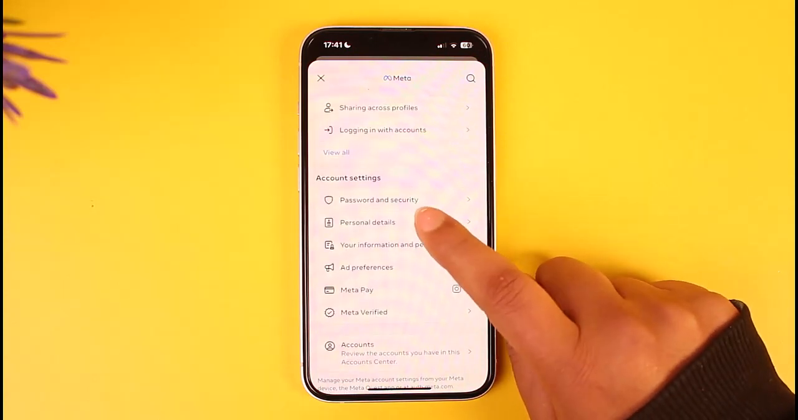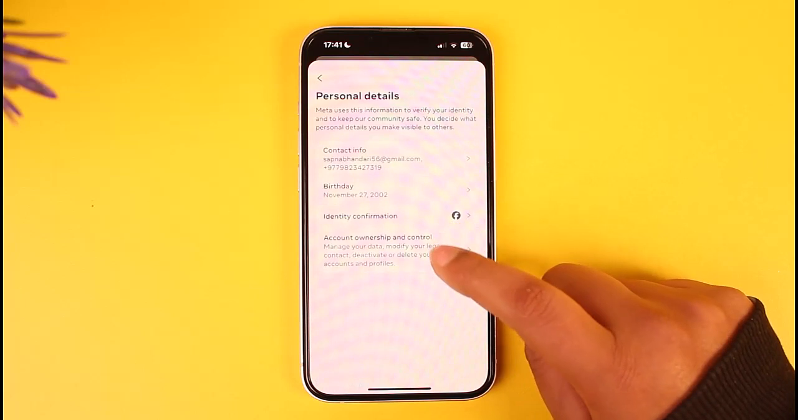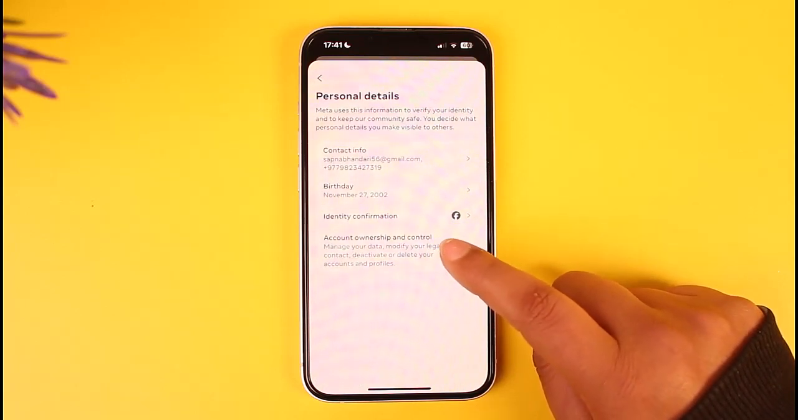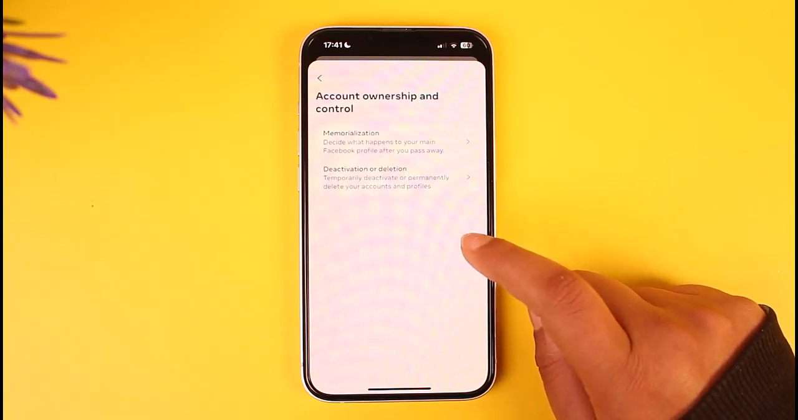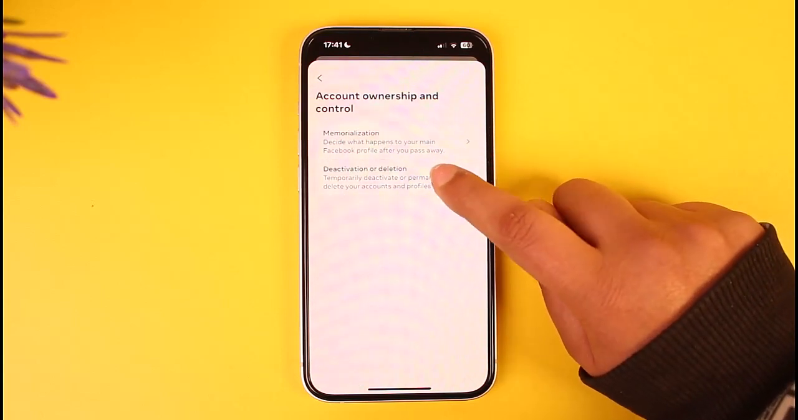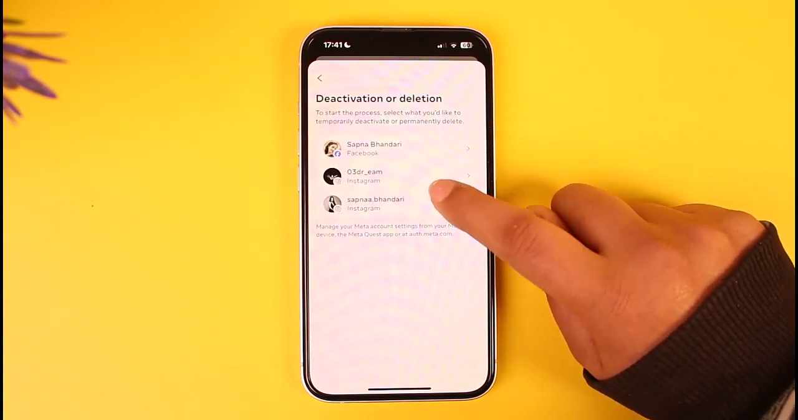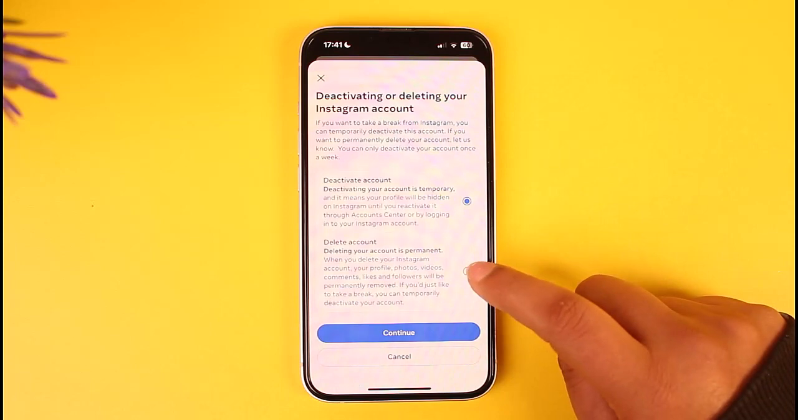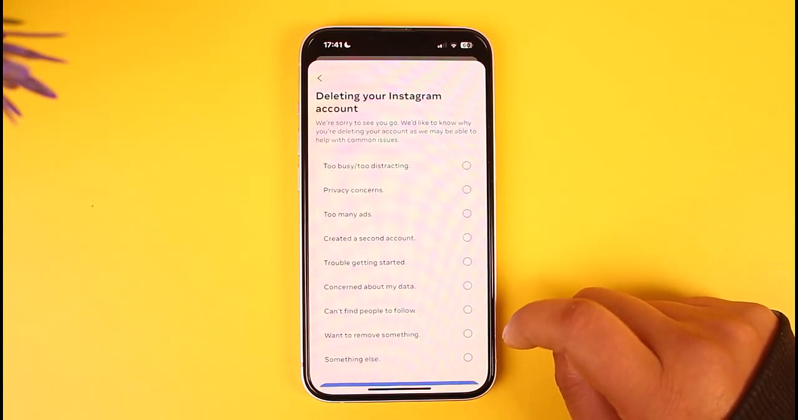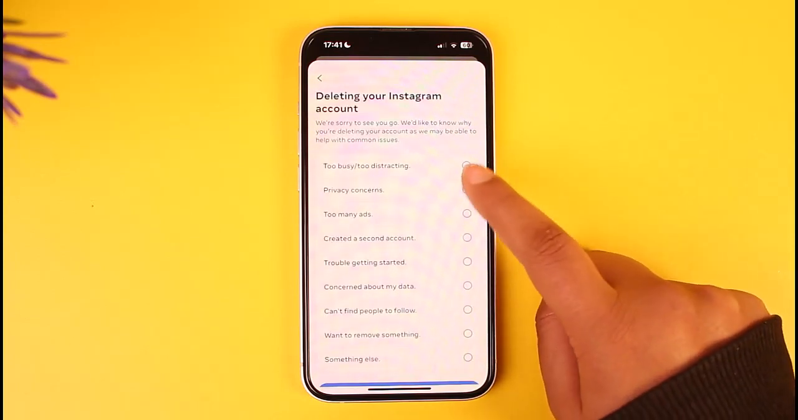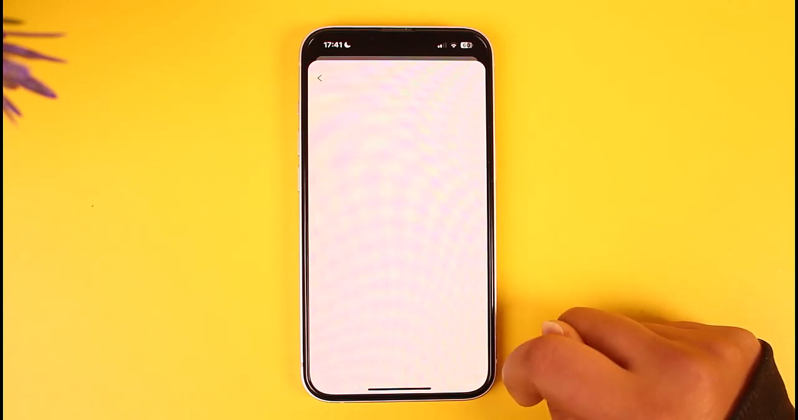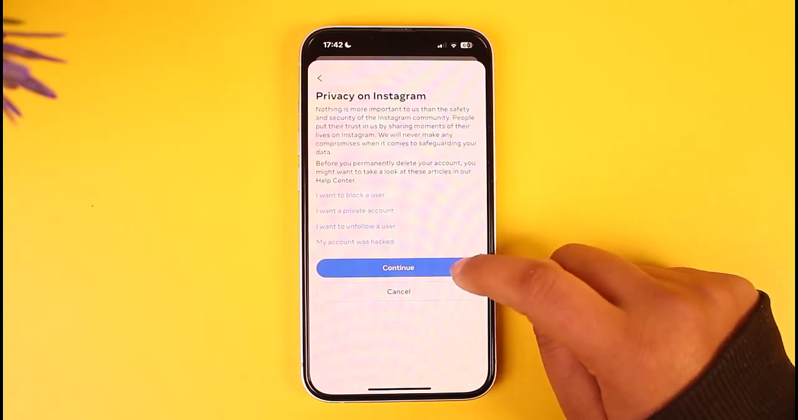Tap on the option of personal details, and this option of account ownership and control in the bottom section. Now go ahead, tap on this option of deactivation or deletion. Choose your Instagram account. Choose delete account, continue, and now choose a reason. Tap on this continue. Now again tap on this continue option,